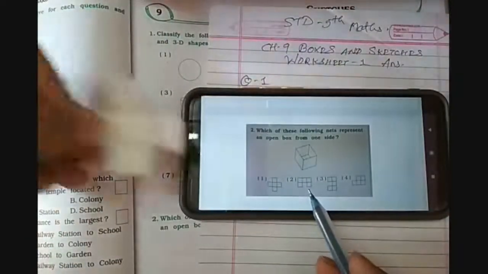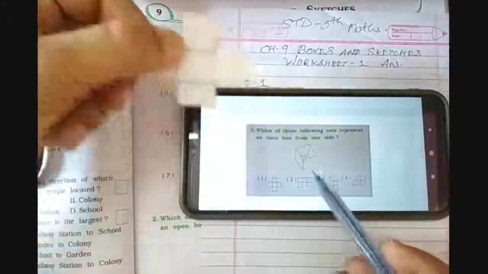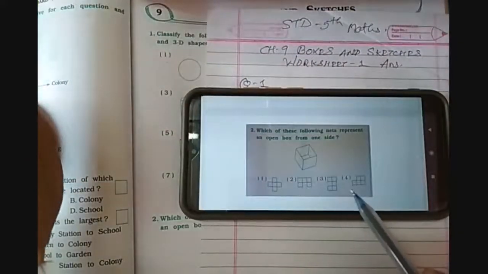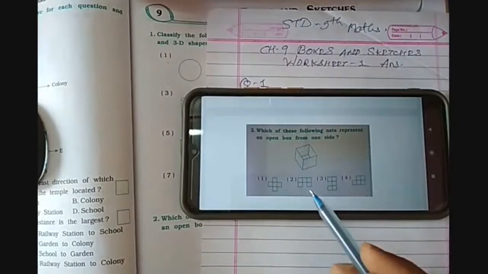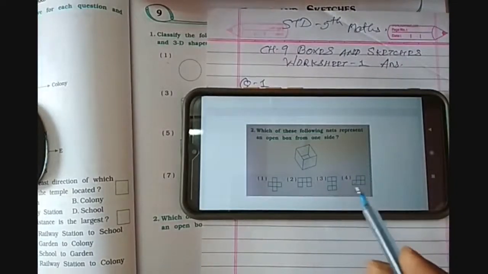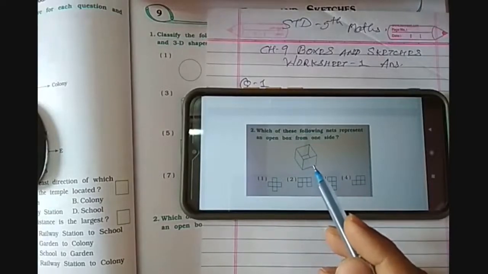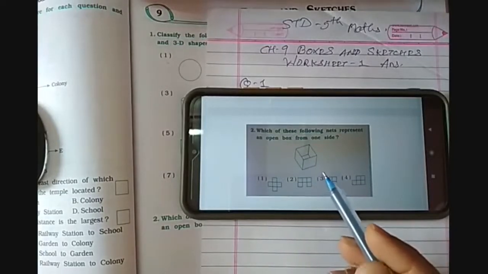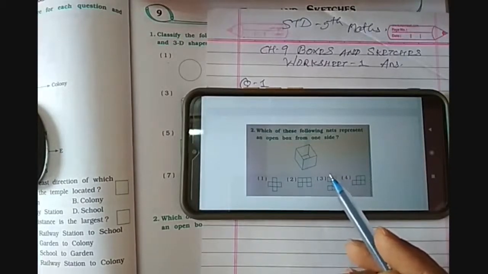Okay, and then try to bend those things, whether it is possible to prepare this type of open box through this net or not. I mean to say, this one and this one, go for these three, and you will find that with the help of the second, third and fourth, you will not be able to prepare this type of open box. So this is your answer, and with this we are ending this video, and we'll meet you in the video of the second worksheet. Thank you.